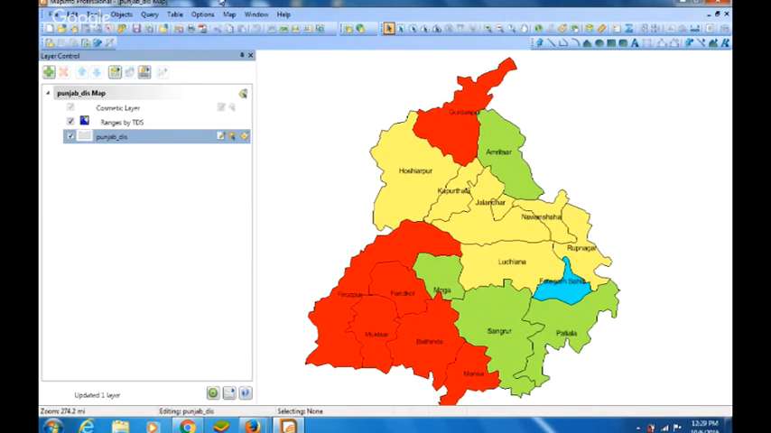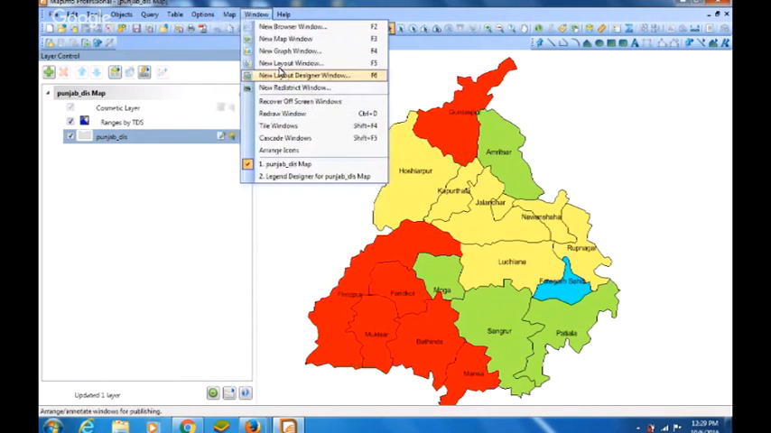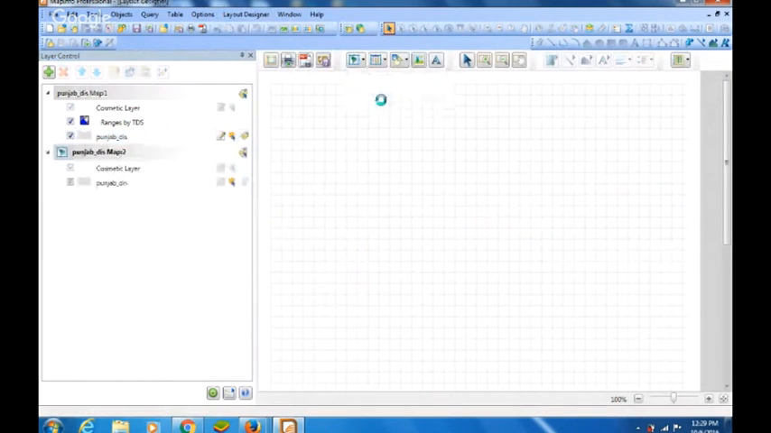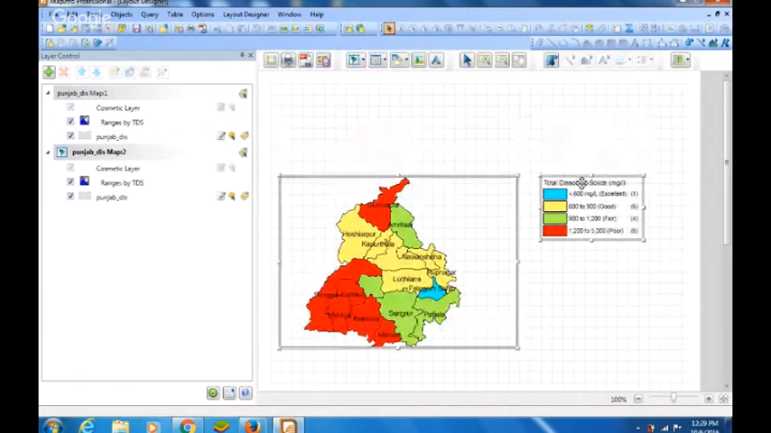For that, you can go to Map window, new layout designer window. From this, you can choose, and you can see here that along with the legends, it has displayed the map also. Legends are coming on the side describing the various ranges and how the map looks. Now, if you want